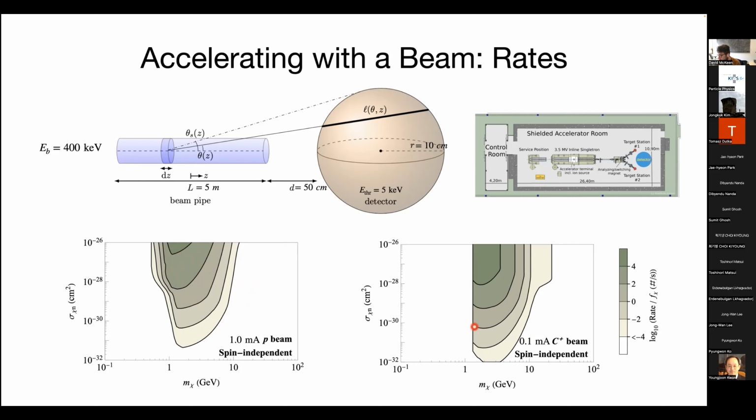The difference here between the proton and the carbon beam is basically all due to the kinematics. And you'll notice this very sharp cutoff here, and that's coming from just the threshold requirement of 5 keV. Any dark matter below here is just kinematically not well enough matched to the carbon beam that it doesn't get kicked up above 5 keV. So depending on what you want to do, if you want to push to somewhat higher dark matter masses where the kinematic matching between the carbon and the dark matter is a bit better, then it's good to use the carbon beam. But otherwise, down here closer to the proton mass, the proton beam is a bit better to use, and certainly below proton